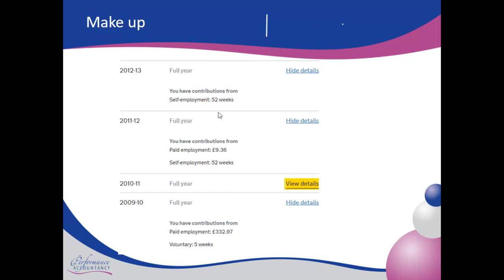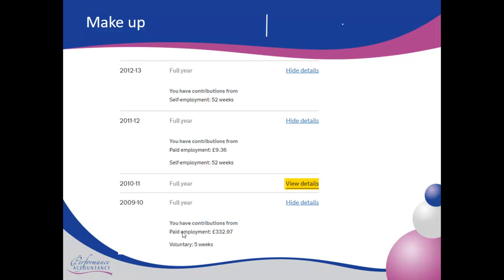So you'll see here for these tax years, this person had 52 weeks of self-employment, so that year's full, this year's full, that year's full, but it does depend on the split. So this person had some paid employment in the year, and they also paid a full amount of self-employment. Going further back, that person had